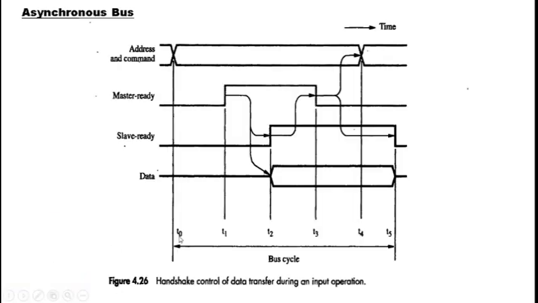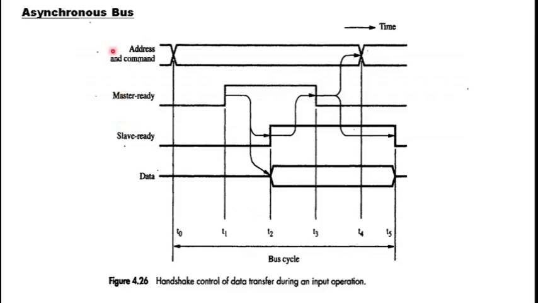We will now see asynchronous buses. Asynchronous buses are different from synchronous buses, and the main aspect here is there is no clock signal which gives a uniform sense of time throughout the system. So master and slave are both actually free from the timing information enforced by the clock signal. So instead of clock signal, here we have two separate signals, master ready and slave ready, which is used to coordinate the actions of master and slave in a data transfer.